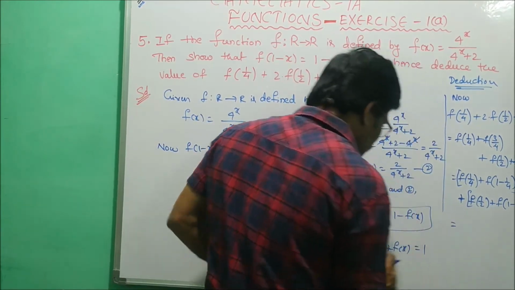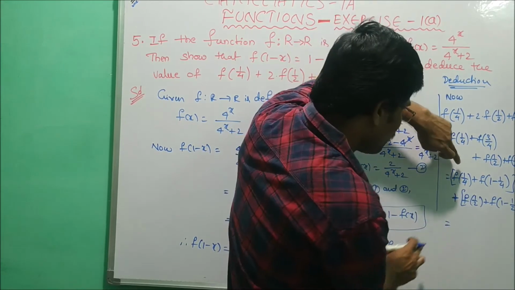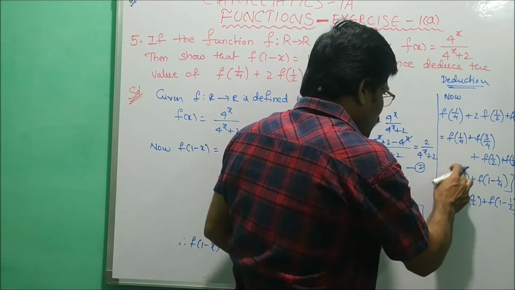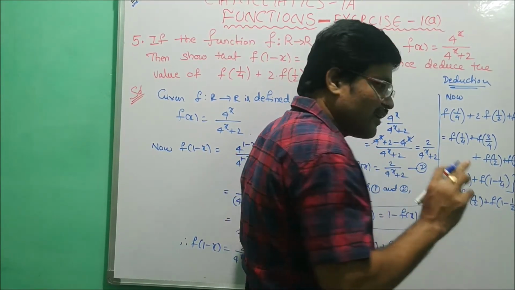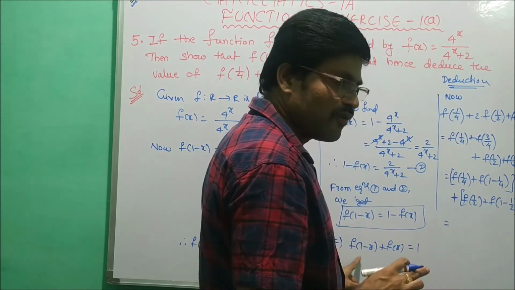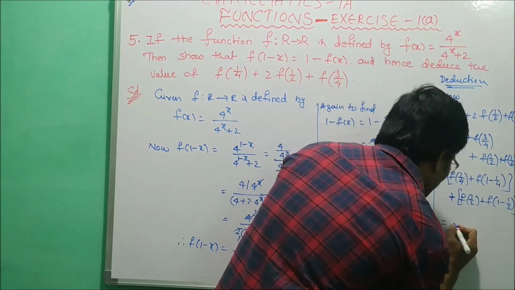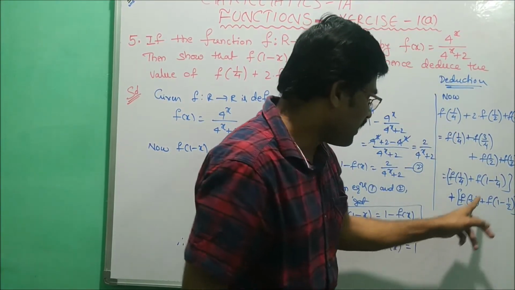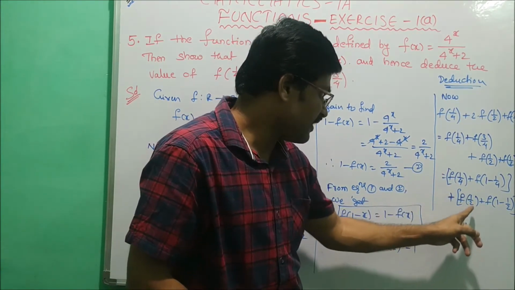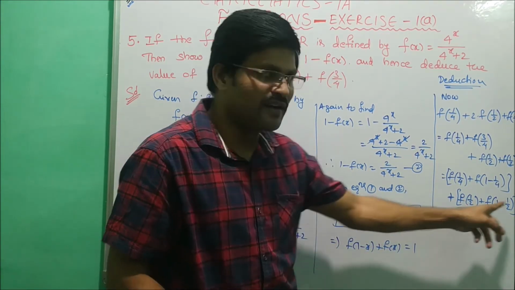Now using this relation in this condition, we have to observe f(1/4) plus f(1 minus 1/4). Now let us consider 1/4 equals x, f(x) plus f(1 minus x), that value will be always equal to 1. Now we write that value as 1 plus, here also we write f(1/2) plus f(1 minus 1/2). So here let us consider 1/2 equals x, that means this is the form of f(x) plus f(1 minus x).